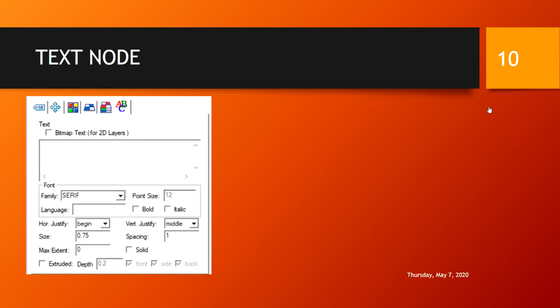It will be a background. Then there will be a text node, and it will take the font. Here it is serif, size is 0.75, vertical justification middle, spacing 1, like this.